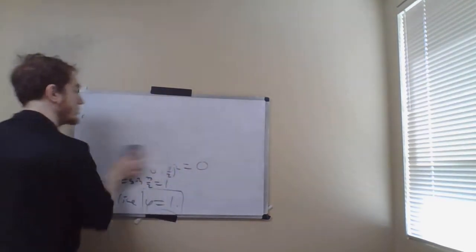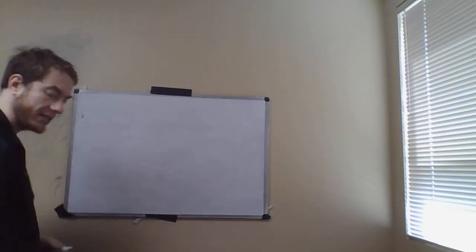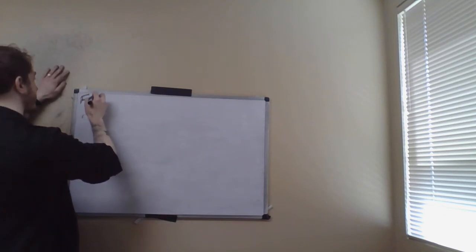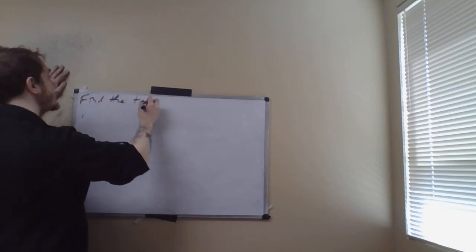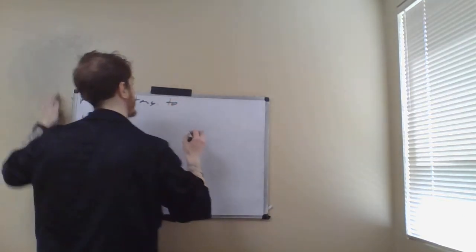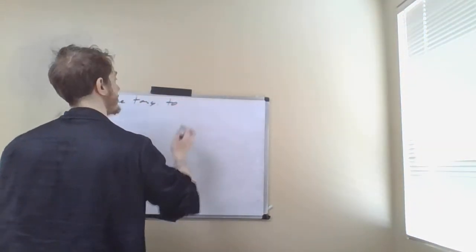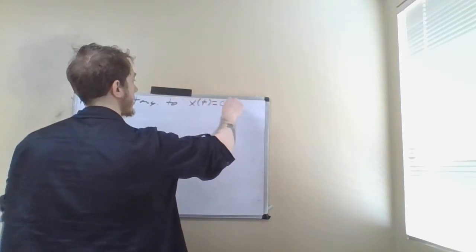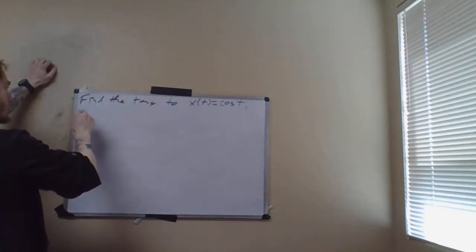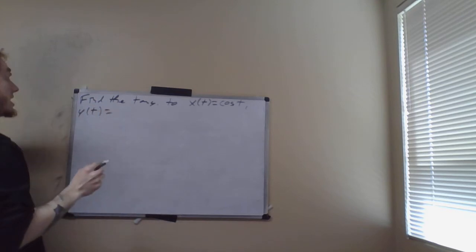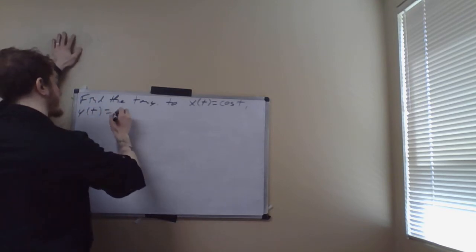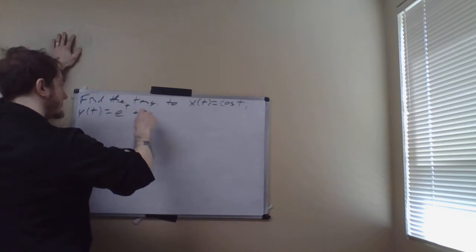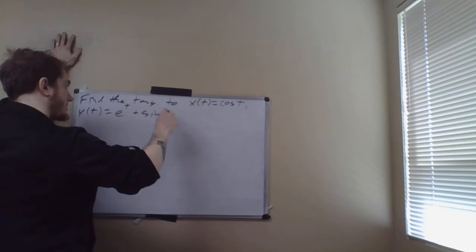Let's see if you can find the tangent to the line given by the parametric system of equations. x of t is equal to cosine of t, and then y of t is equal to e to the t plus sine t